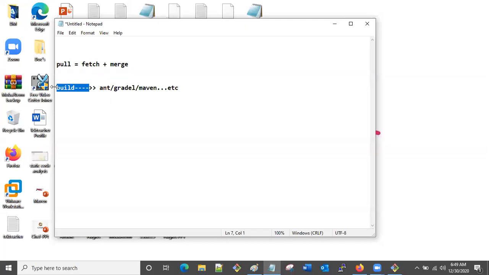So what does build mean? What we do here is collect the code from the developers, which we call source code. We collect the source code from the developers and compile the code. Then we test the code, and finally we generate the package. All these things we will do. And we will deploy that package to application servers